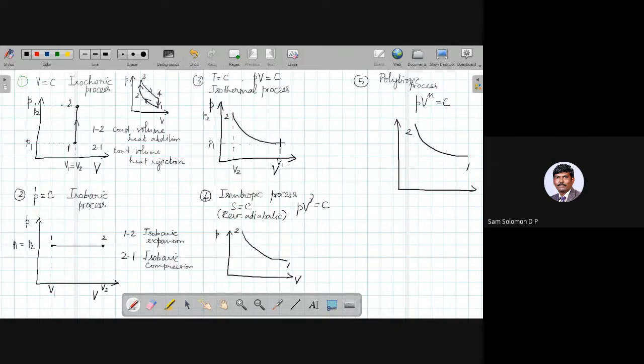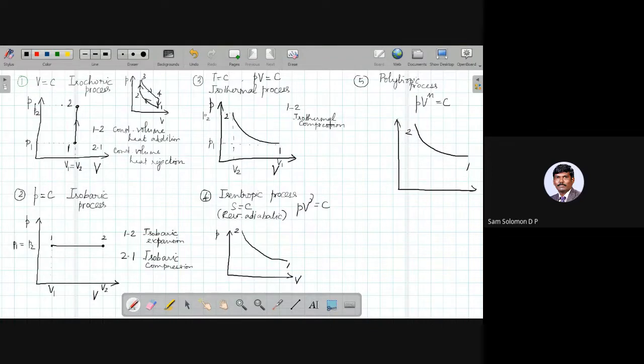Okay, so when you move from 1 to 2, you can see that there is an increase in pressure and reduction in volume, which is obviously a compression process. During a compression, you're reducing the volume, and because of the reduction in volume, your pressure and temperature go up. So if 1 to 2 is isothermal, you are going to call it isothermal compression. And in the next semester, when you do applied thermodynamics, you will be talking about reciprocating air compressors, where you will be talking about this isothermal compression process.